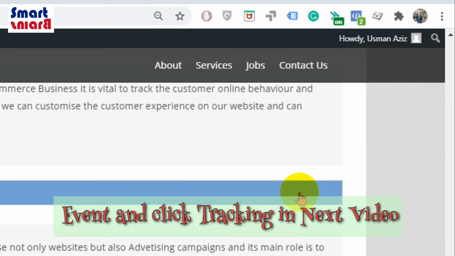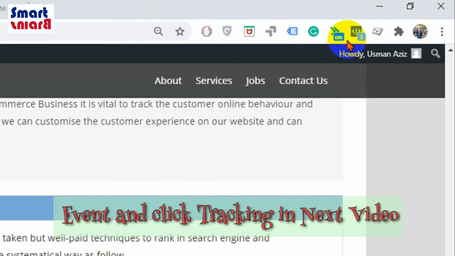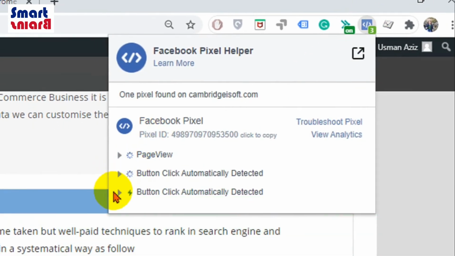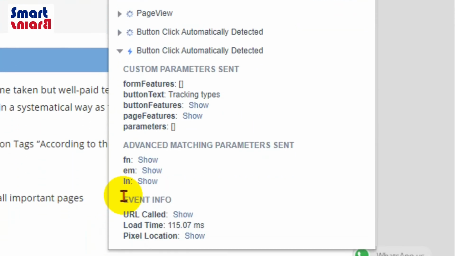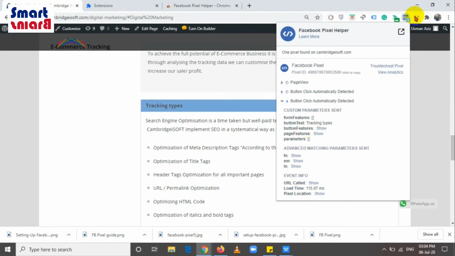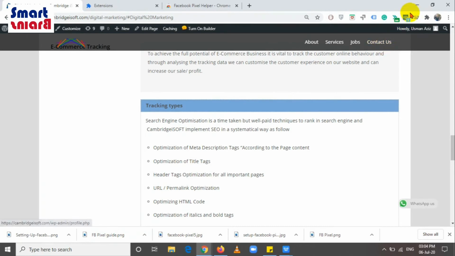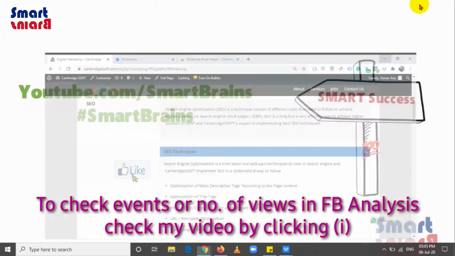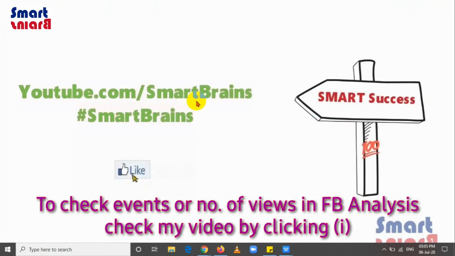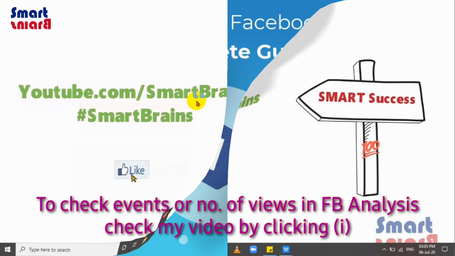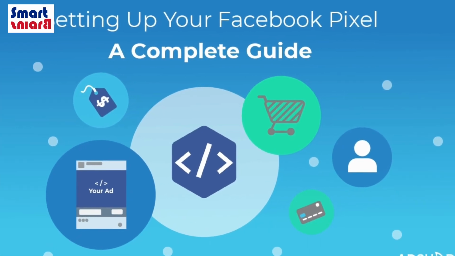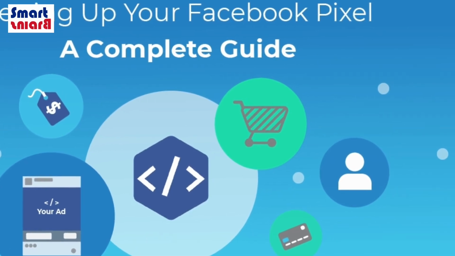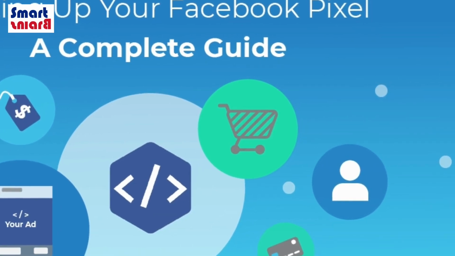Let me show you. Now see, it's 3 now. So it is recording, and you can see the button click automatically detected because I have already implemented the tracking on those clicks and those URLs and everything. But I will show you in my other videos how to set those events for tracking. That's how we check Pixel is tracking and collecting data properly, and we can also check detailed parameters on any website that's using the Facebook Pixel snippet on its website.